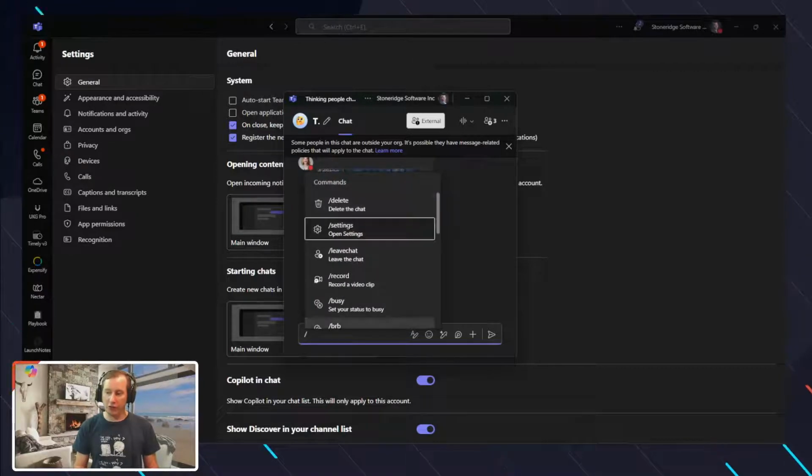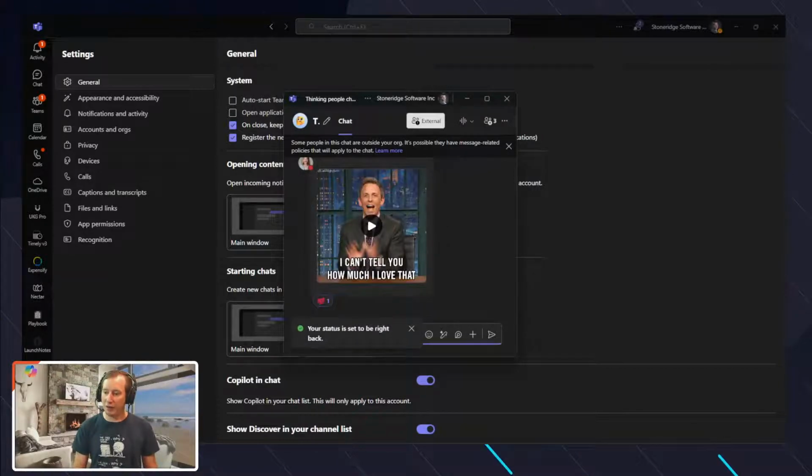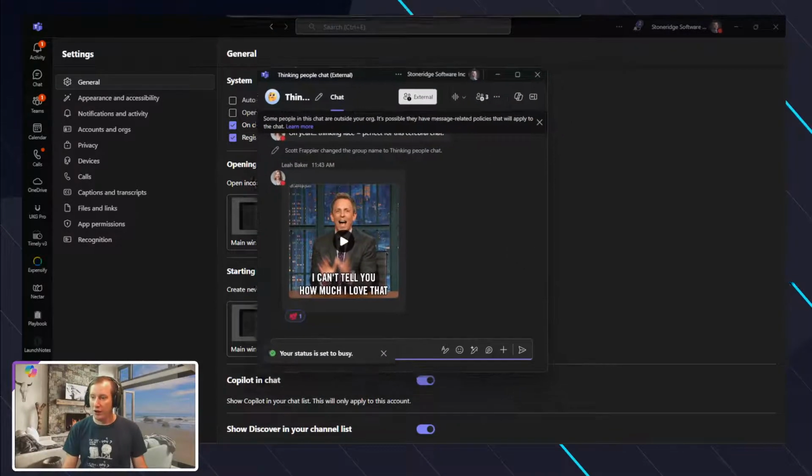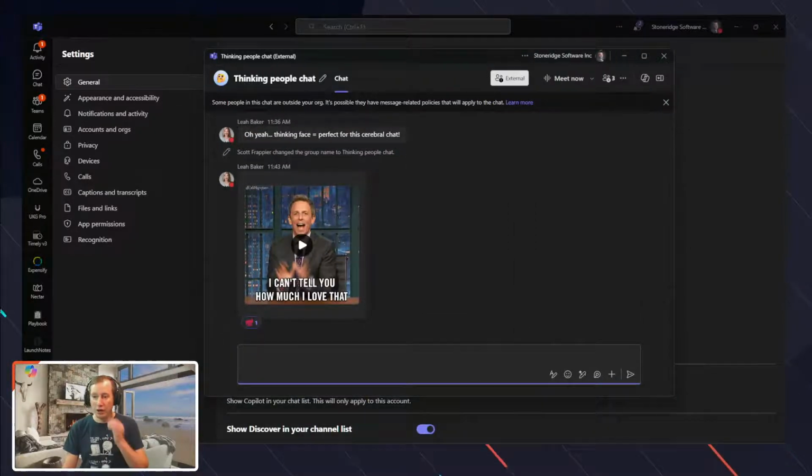If I do my / again, I can leave chat, or I can set myself to busy, or I can say I'm going to be right back type of a thing, right? So as you can see then my status changed up here to away. It's yellow now. Whereas if I want to make myself busy, I can use basically that particular command. And as you can see there, as I auto-completed it, it actually went through and then finished that as well, right? So a nice feature in that regard to basically be able to interact with different types of statuses.